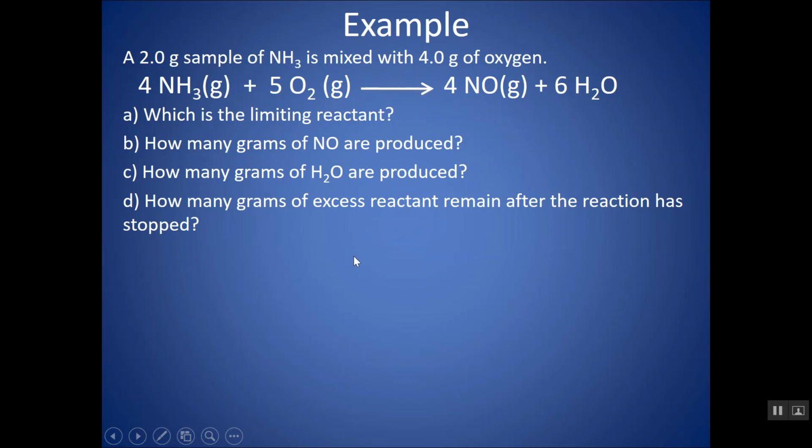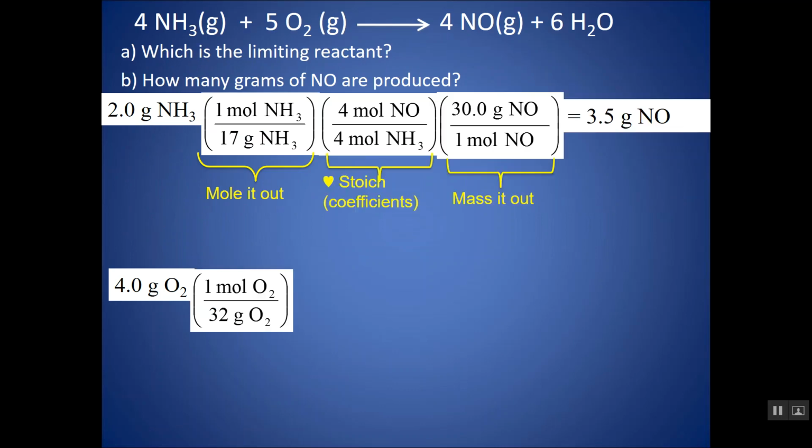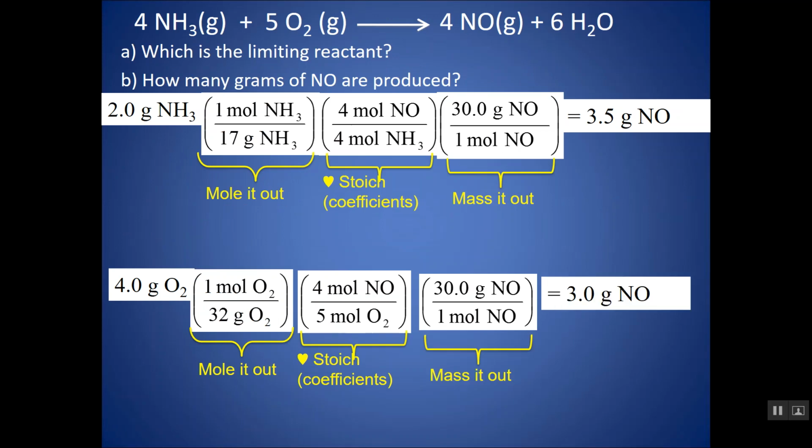So in this case, again, I take each starting reactant and I turn them each into my one product that I pick, in this case NO. And again, this is one you might want to try on your own first. Pause the video where that problem is, and now you can check your work. And I get that 4 grams of oxygen, the oxygen gas, is my limiting reactant, and that 3 grams of nitrogen oxide or nitrogen monoxide is your